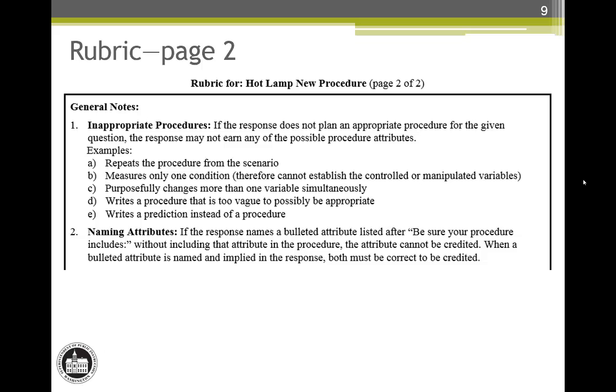General note number 1 states, if the response does not plan an appropriate procedure for the given question, the response may not earn any of the possible procedure attributes. The most common mistake students make on this type of item is not using the manipulated variable and/or the responding variable that was given in the new experimental question, which in this item are the amount of water and the time to heat to 50 degrees Celsius. If one of those is not used, then the response does not earn any attributes and gets a score point